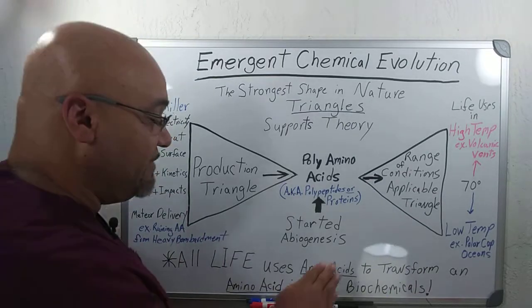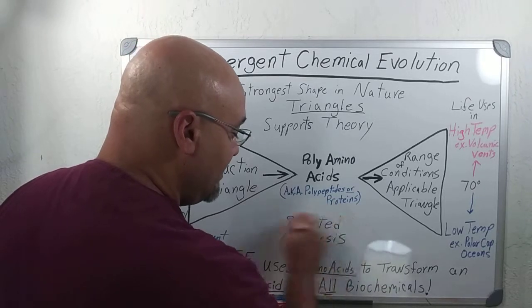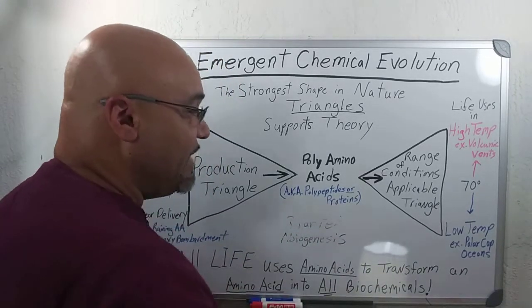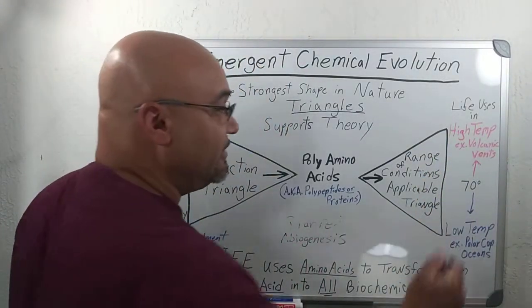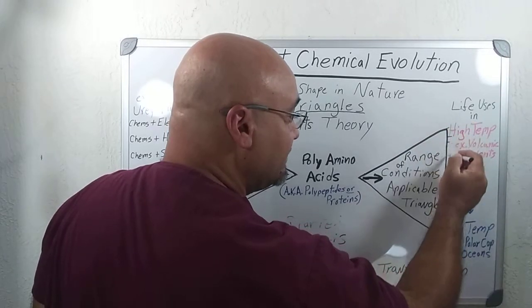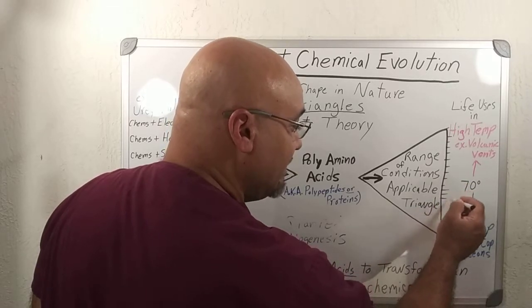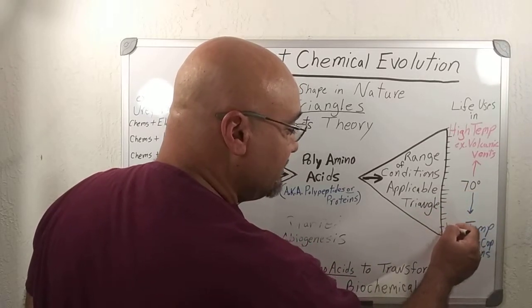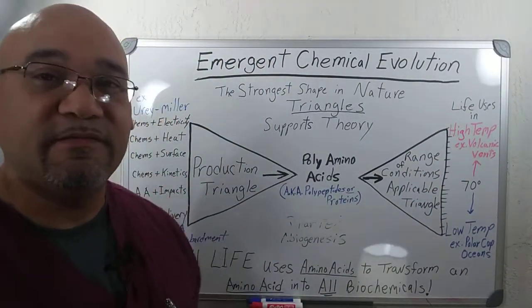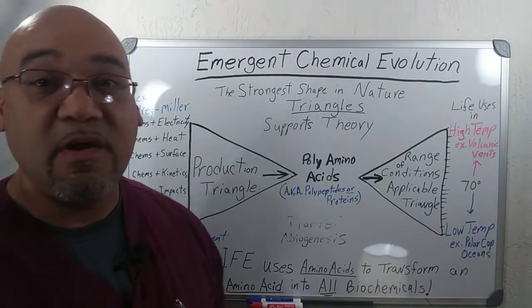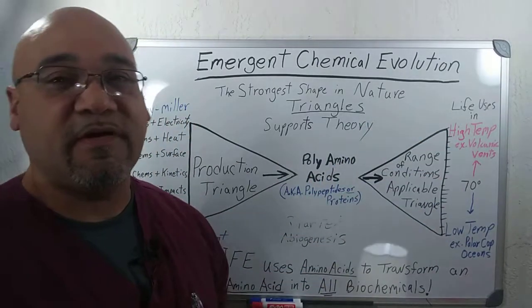So what that tells me is that I mistakenly put here that abiogenesis started here. No. Abiogenesis could have started a number of times in any of those locations of high temperature, medium temperature, perfect temperature, low temperature. All those different areas could have given the emergence of life. Life could emerge anywhere in those. Once life started, it could also evolve to fit any of those environments.